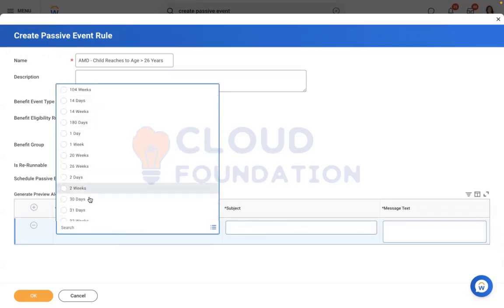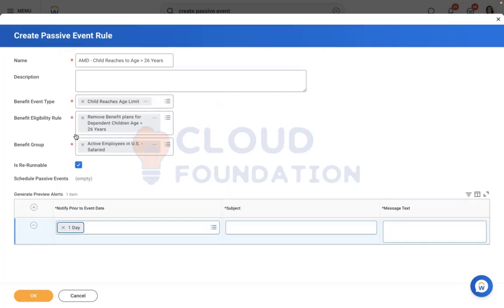Here we have days. So I'm going to select the same day. It is nothing but 1 day, because if I choose 14 days, we cannot wait 14 days to test this one. So I'm selecting 1 day. Subject. So what do you want to inform your employee? Create a subject, something like